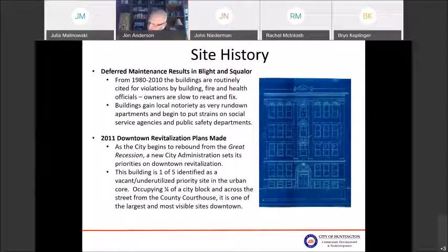We really went from a maintenance issue to a serious condition of blight and squalor right in downtown. So from 1980 to 2010, the buildings are routinely cited by the city for building, fire, and health violations. The owners are very slow to react and fix those violations. And locally, the buildings gain quite a bit of notoriety as rundown apartments, and they start to put a strain on social services and agencies and public safety departments, which are constantly deploying their resources to a very centralized location